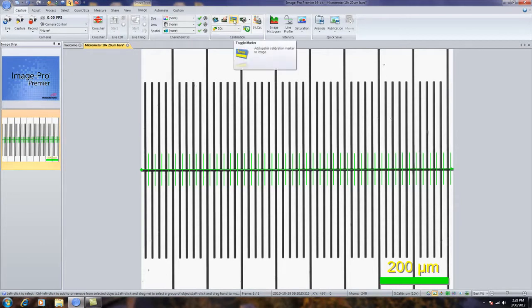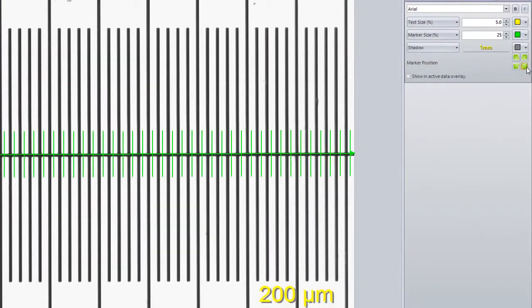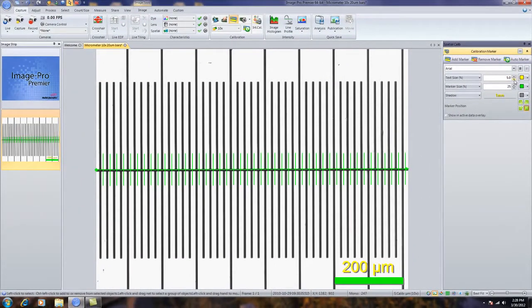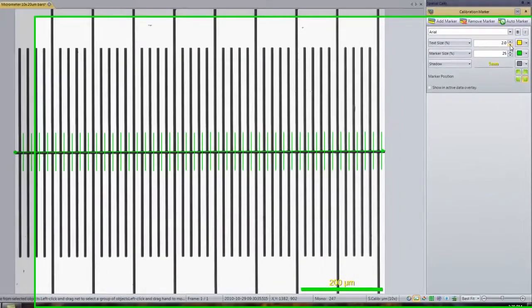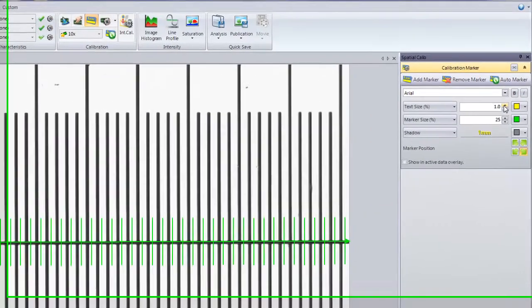To turn the marker bar on and off, you can simply toggle it. You also have control of the marker bar by using the marker options. Here, where this little gear image is, I can select marker options. You have a number of choices and options on where to place it, what colors. You can even have the text go away if you like, or if you're always putting a standard marker bar on the image, you can remove the text. Again, you can also adjust the sizes. Right now, I'm just going to set that back to its original